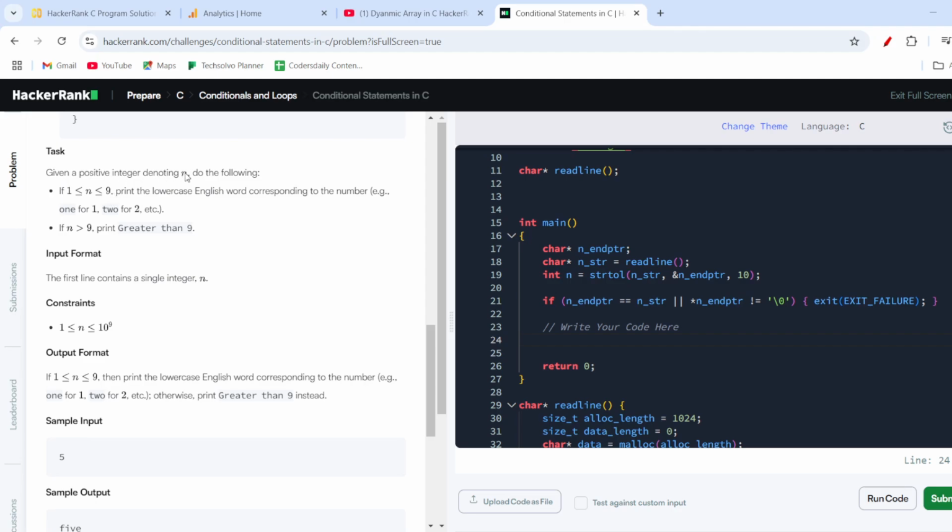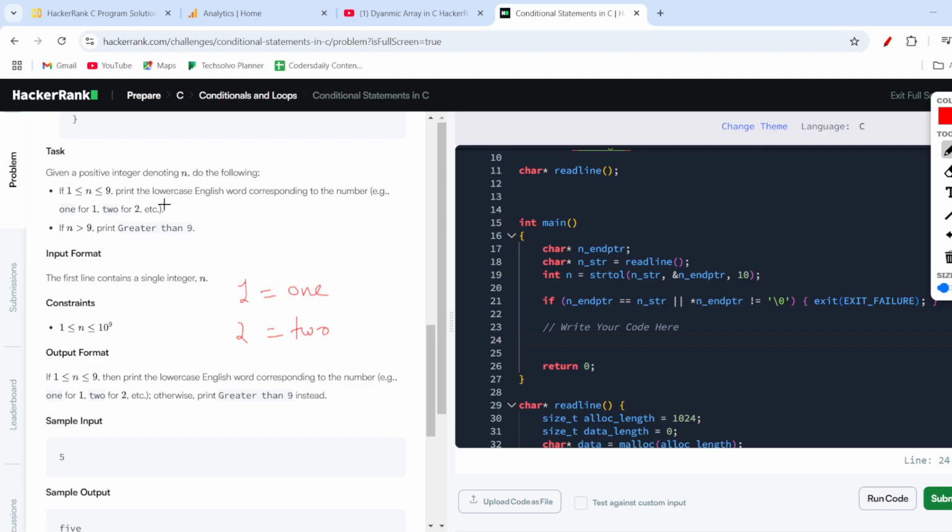We need to detect what number has been input in n, and then we need to print the corresponding English word of that number, right? So for example, if n is equal to 1, you will just print one. If n is equal to 2, you need to print two, and it is specifically given that you need to